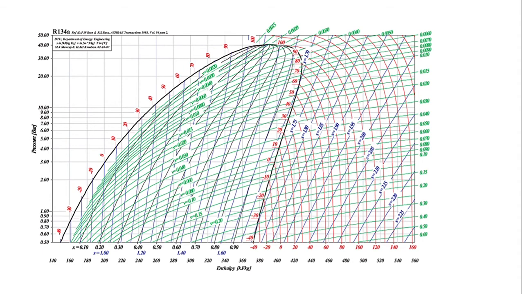Okay, now the last but very important line is the constant temperature line. So constant temperature lines are the red lines. So you can see that the 0.20 line, minus 20 line is going up here. Then it will be the same line as that of the pressure line inside the dome, and then it goes up. See, inside this dome, the pressure lines and temperature lines will be same.